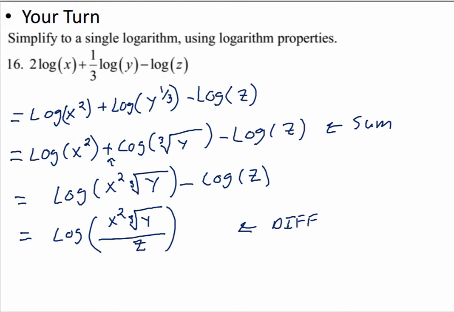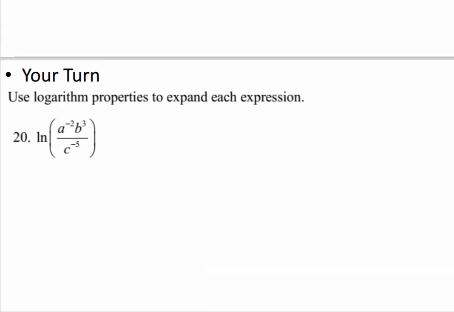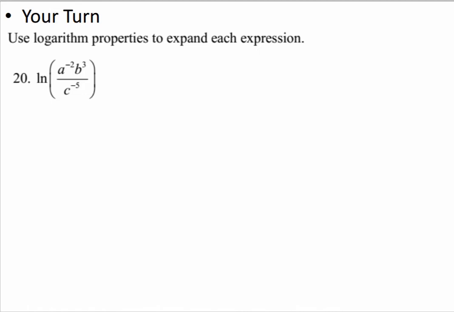Okay, so much fun. Let's keep going. All right, use the logarithm properties to expand the expression. Okay, so this time they want us to write it as a sum or difference, and they want us to get the exponents off of the arguments. This time they're using the natural logarithm, or logarithm naturel. So let's break off the denominator first, and so that's going to be ln of a to the negative 2, b to the third, minus ln of